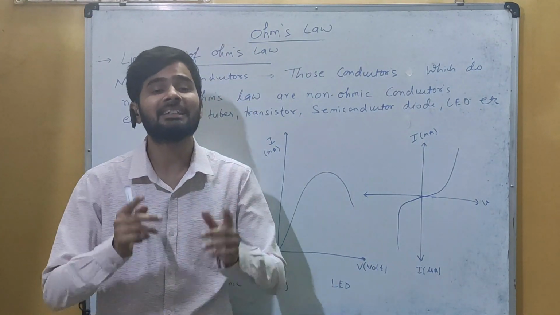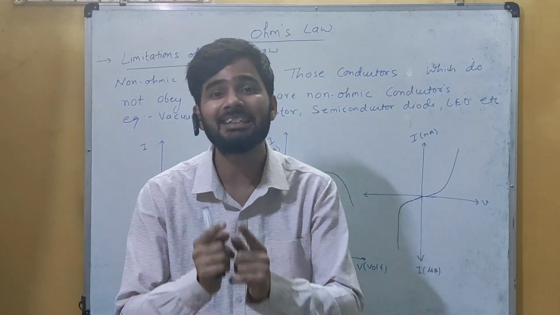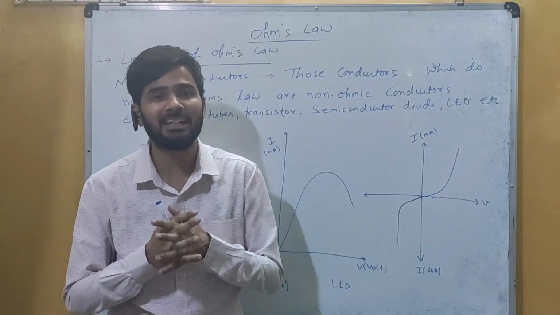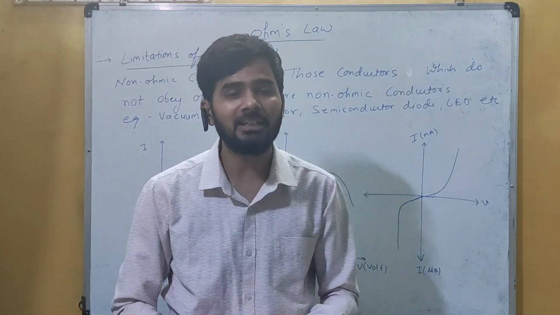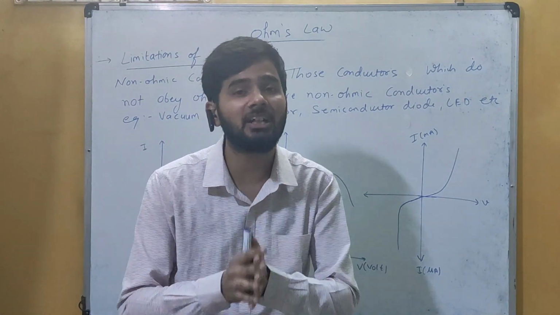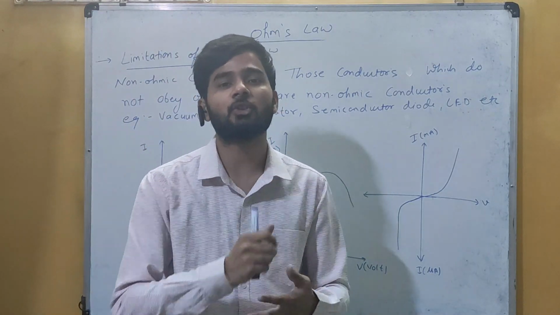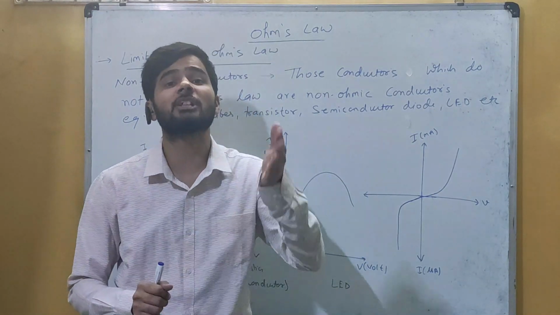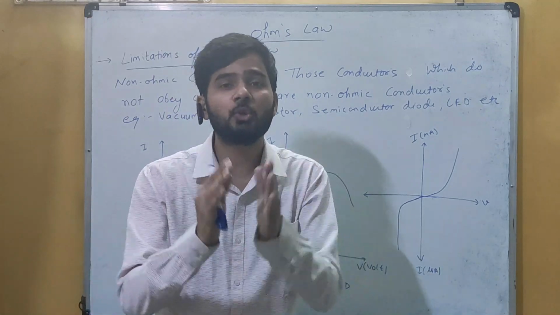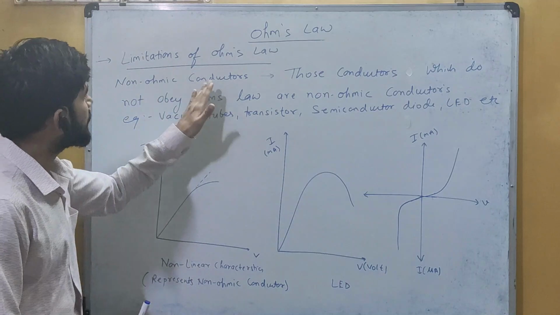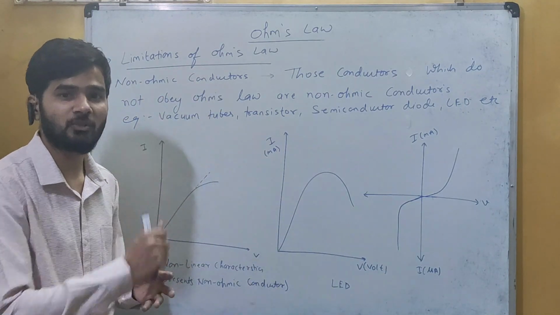Ohm's law में हमने देखा है that the characteristics which we are getting, they are the linear characteristics, that's a straight line. लेकिन हमारे पास कुछ ऐसे कंडक्टर्स हैं या कुछ ऐसे मटेरियल्स हैं जो कि हमें स्ट्रेट कर्व नहीं देते या फिर स्ट्रेट लाइन नहीं देते. Those conductors are called non-ohmic conductors which do not follow Ohm's law. और जो भी Ohm's law को follow करते हैं, they are called the ohmic conductors. So these non-ohmic conductors, they are the limitations of the Ohm's law.